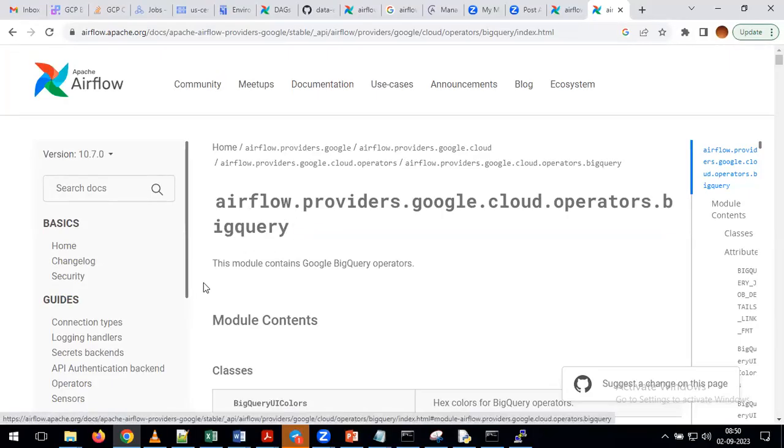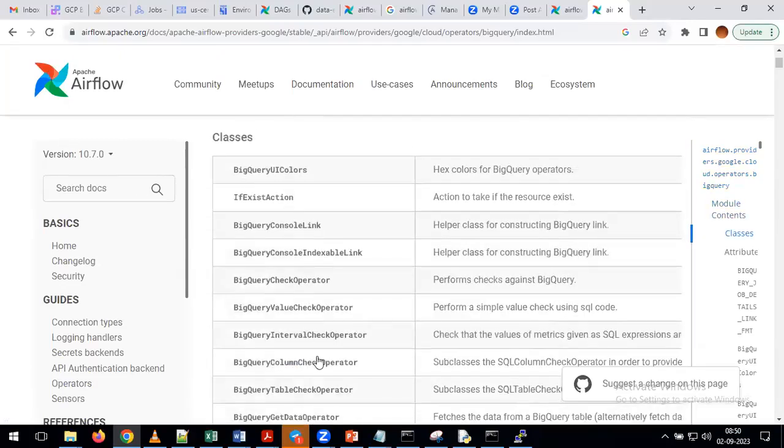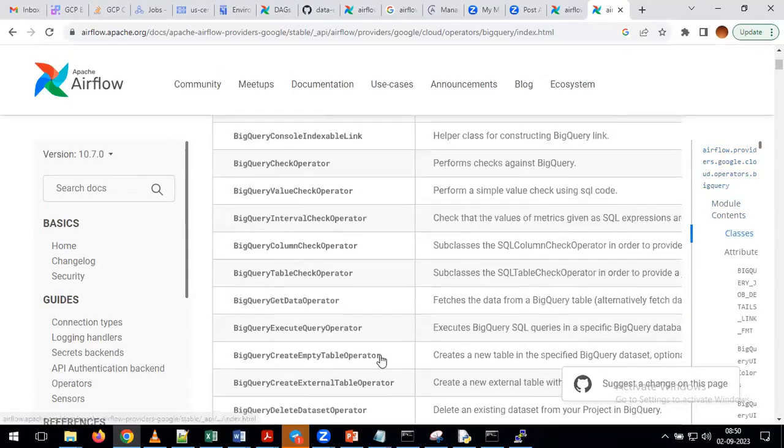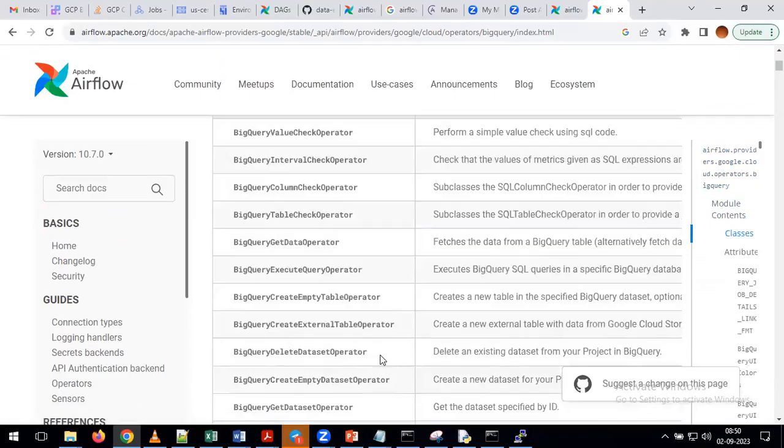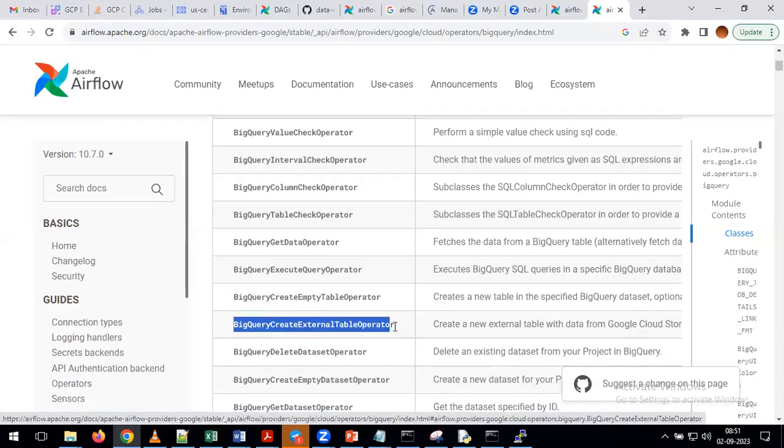Now within this module, again we can see so many operators. Depending on our requirement, we can pick any one of the operators. For example, my requirement is that I want to create an empty table. If you observe, we have the operator called BigQuery create empty table operator. By using this, we can create the table. For example, if you want to create an external table, then we are going to use the BigQuery create external table